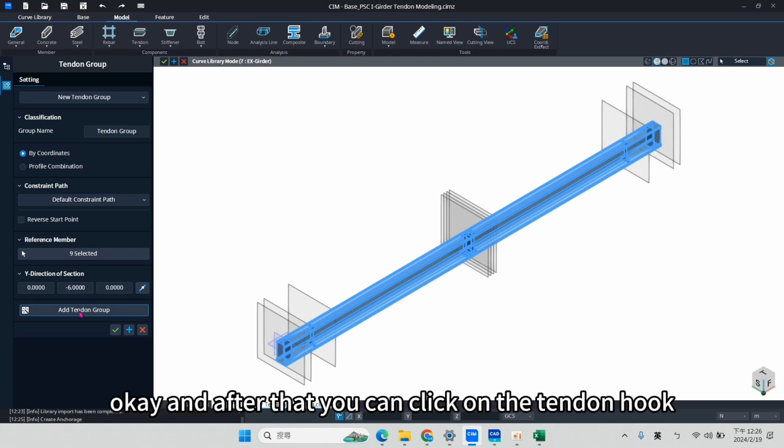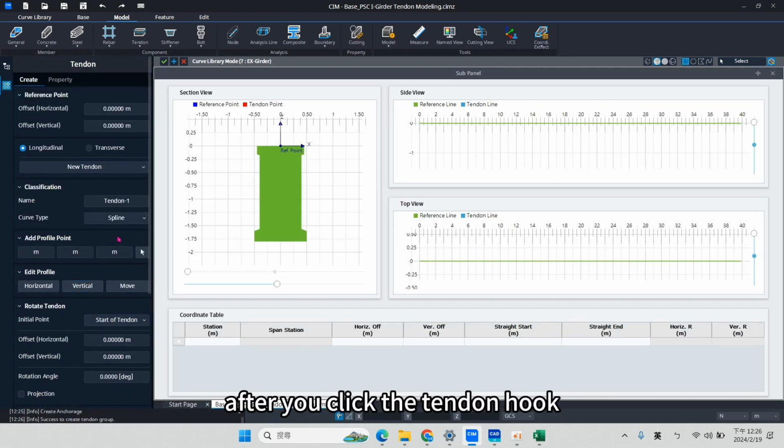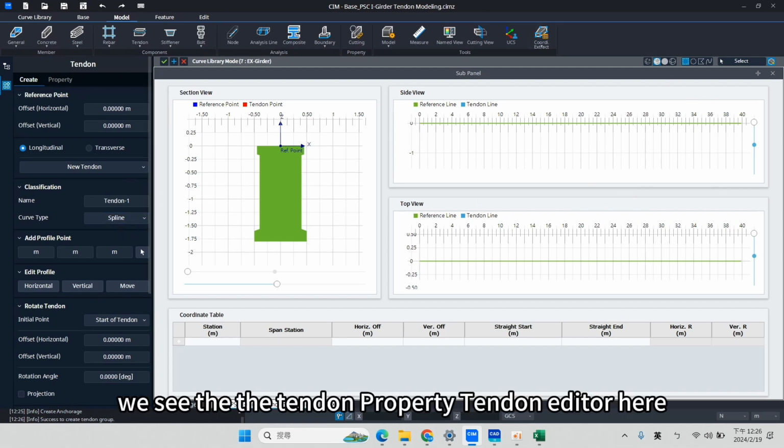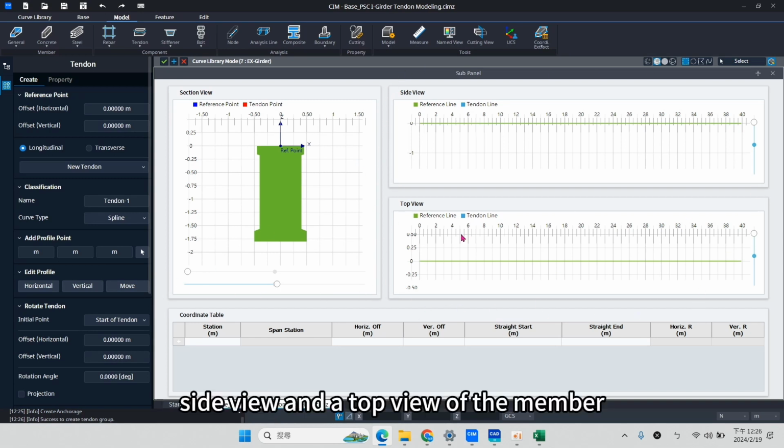And after that, you can click on the tangent group here. After you click the tangent group, you will see the tangent editor here. This shows you the section view, the side view, and the top view of the member.